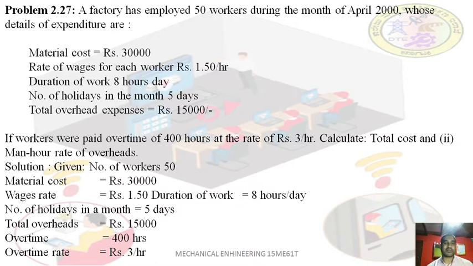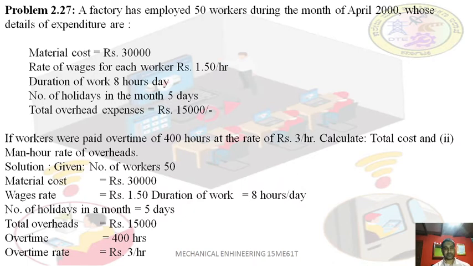So we are solving the problems on estimation of a profit or selling price. The next problem is: a factory has employed 50 workers during the month of April 2000, whose details of expenditure are: material cost is rupees 30,000. Rate of wages for each worker is rupees 1.5 per hour. Duration of work is 8 hours per day. Number of holidays in the month is 5 days. Total overhead expenses is 15,000. If the workers were paid overtime of 400 hours at the rate of 3 rupees per hour, calculate total cost